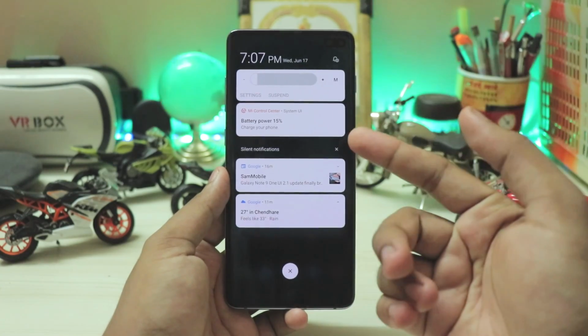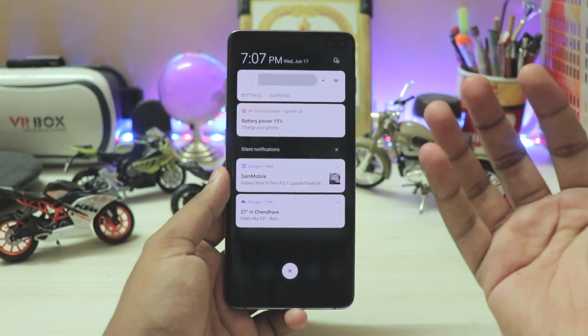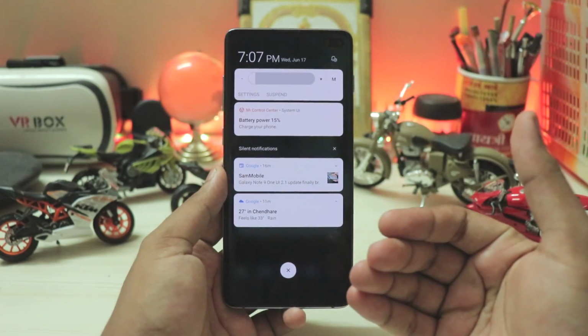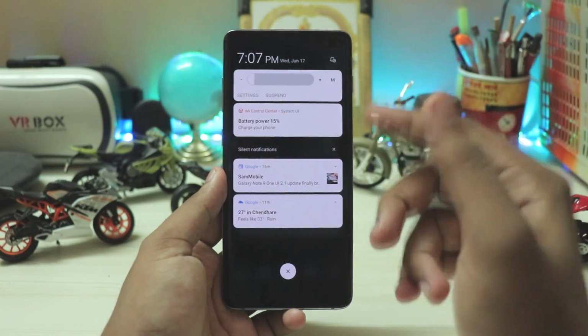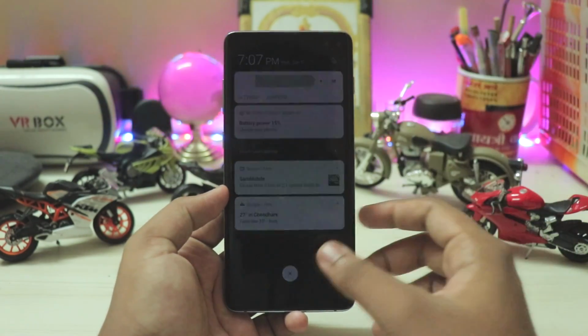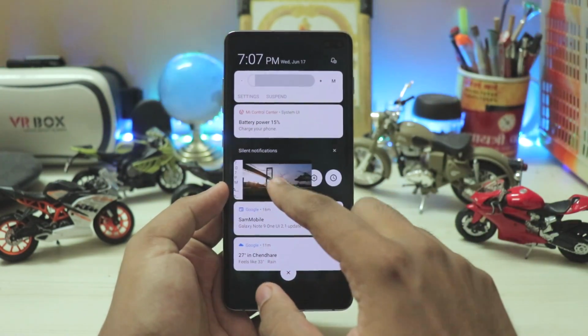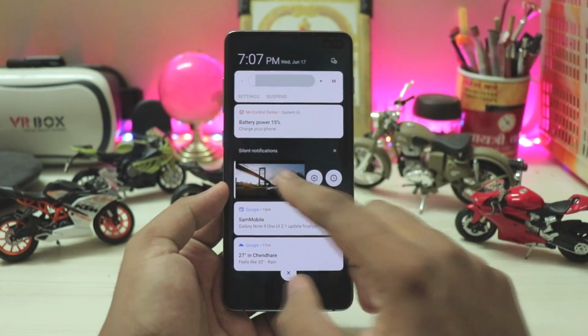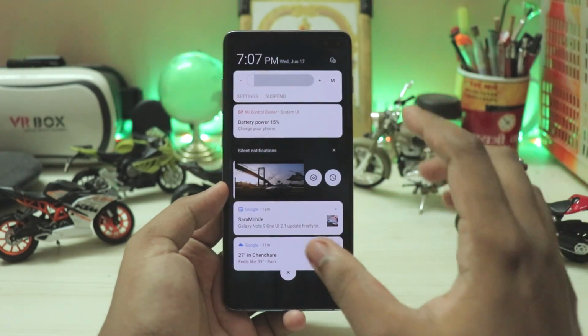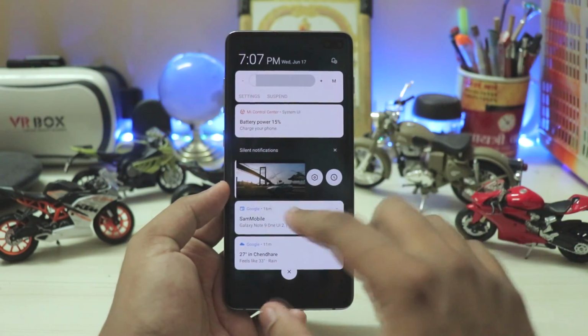Going through stuff like the UI, you have the Android 11 notifications right over here. It's not even supported on the official MIUI 12 yet. Of course, I guess on the Mi 10 it does, but not this kind of good layout. But look at that, it's so smooth. You can slide them halfway and you have the same toggles as MIUI, and all the toggles and everything can expand just like that.